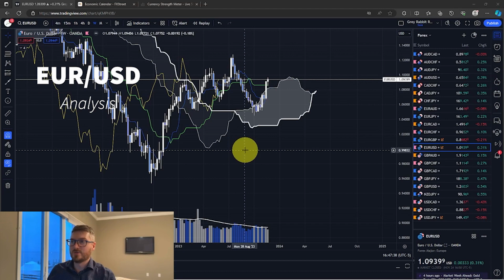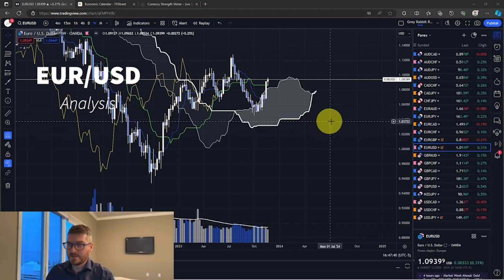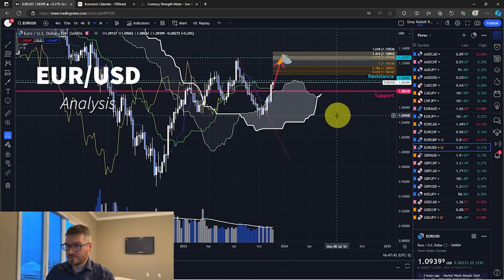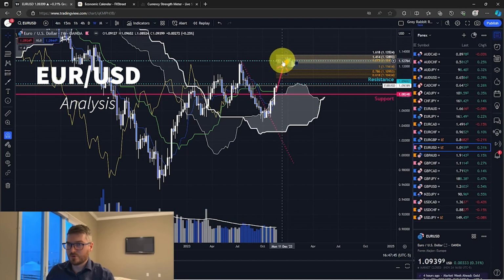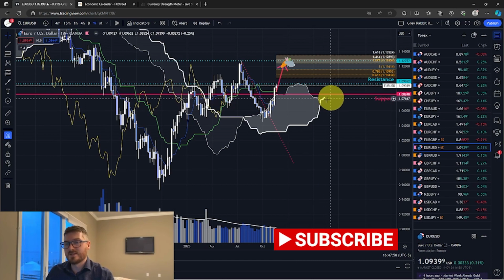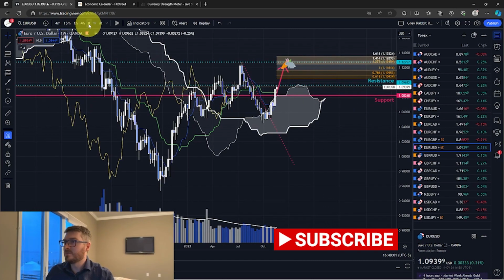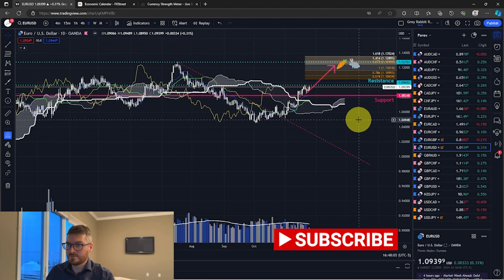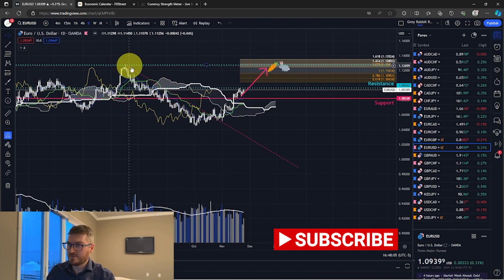Okay, guys, Euro USD on the weekly. So let me turn my drawings on here. So I'm expecting some more bullish momentum. Now, we're starting to get a bullish Kumo cloud twist here. You know, this is the weekly chart, and it's a bit too small right now to solidify any major trend. But if we look at the daily chart, you can see that we've had a nice